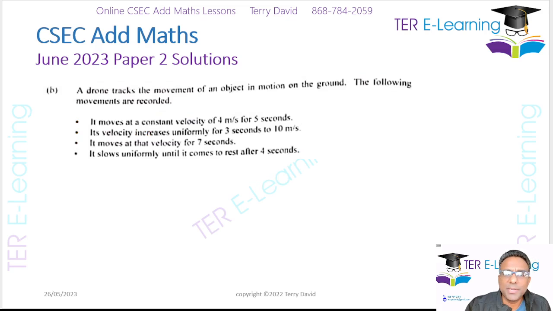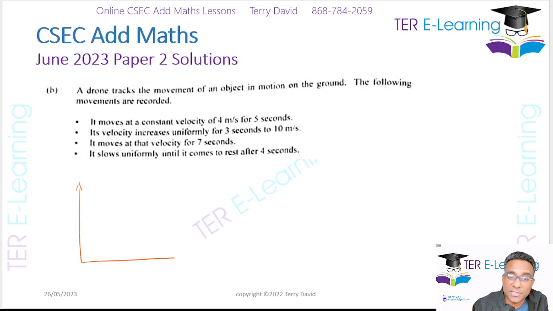Right? So this is part B now. A drone tracks the movement of an object in motion on the ground. The following motions are recorded. Right? So it moves at a constant velocity of 4 meters per second for 5 seconds. Velocity increases. All right. So what I would normally do if I have to do a question like this, I'll